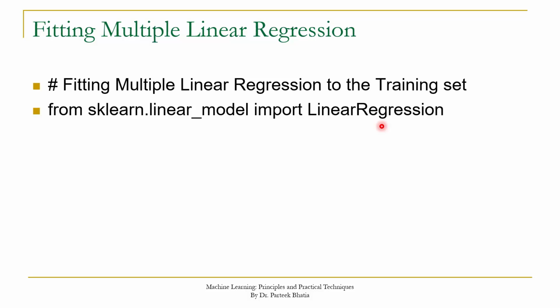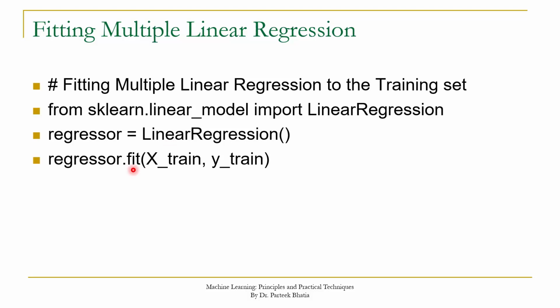In next step, we have to create the object of this class. So here we are creating the object regressor for this class. This class has a method fit for building the model. Here we are invoking its method fit through object regressor, and in building the model we have to pass two arguments, that is X-train and Y-train. So the system will learn from the data given in X-train, which is the data of independent variable for training data set, and Y-train, which is the value of dependent variable for training data set. So system will learn from X-train and Y-train and will build the model.